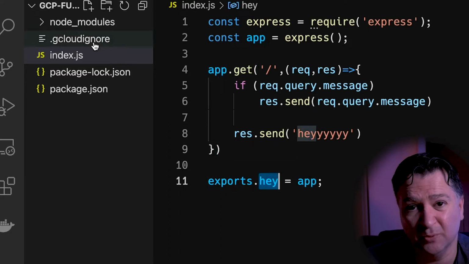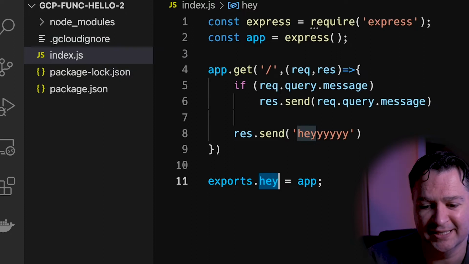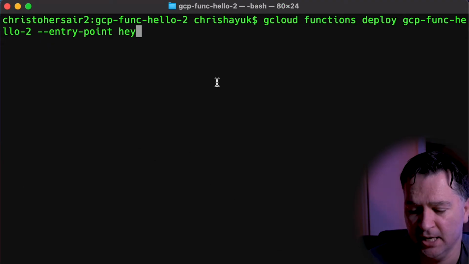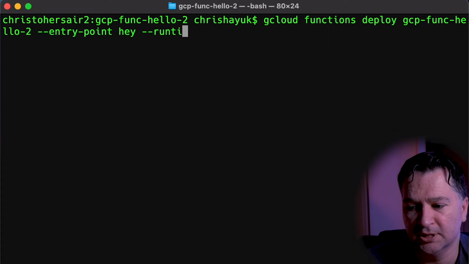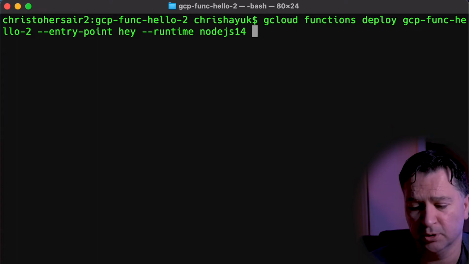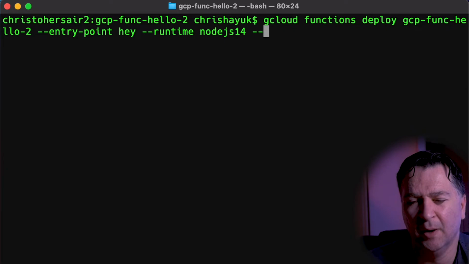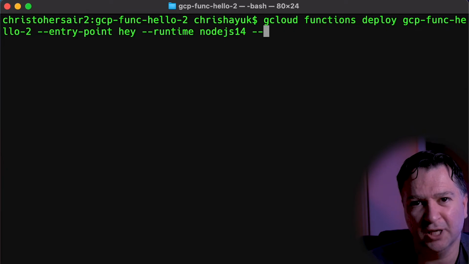So it's basically whatever name I give there is what I'm going to be using as my entry point. So in this case, it's hey. I'm going to set the runtime to Node.js 14 because that's the version that I'm running and it's what I want it to run. And because Google Cloud Functions can support multiple different types of functions,